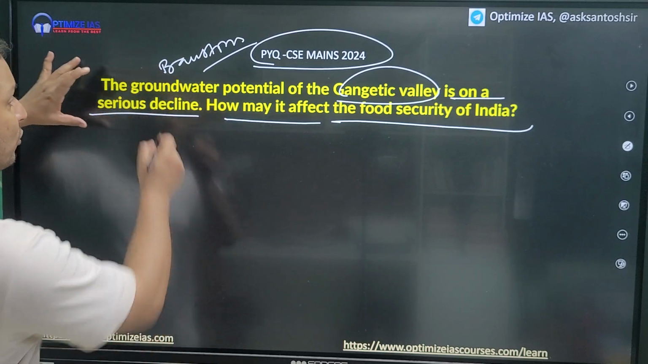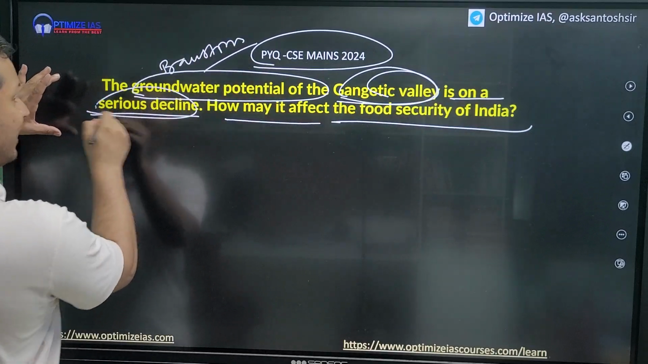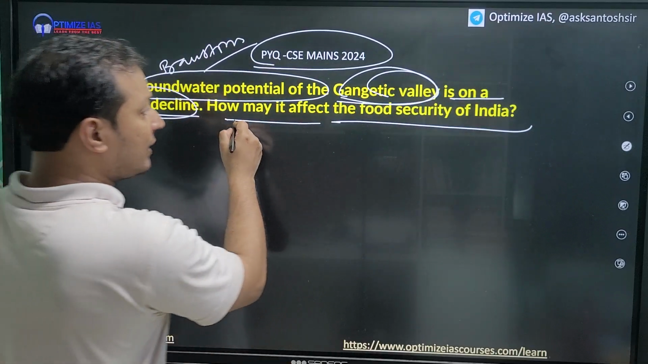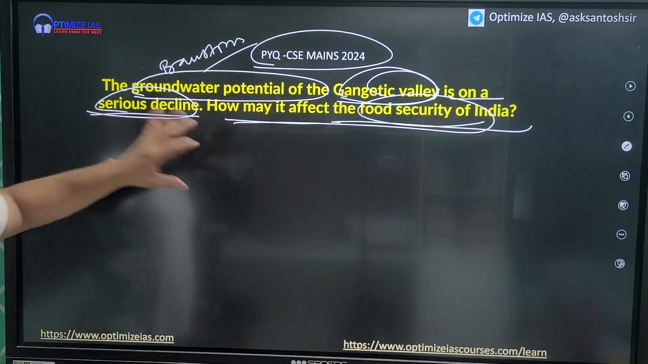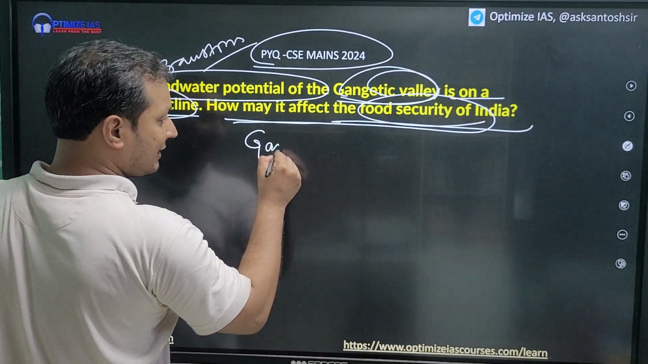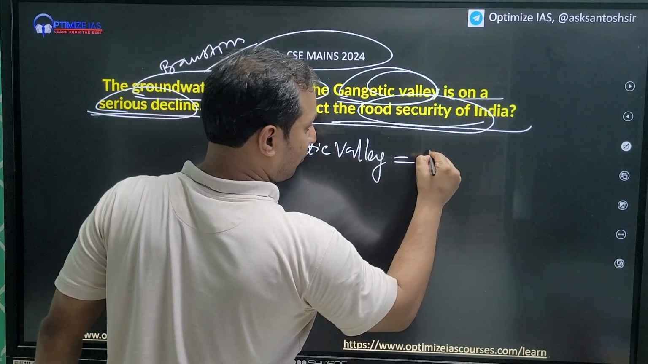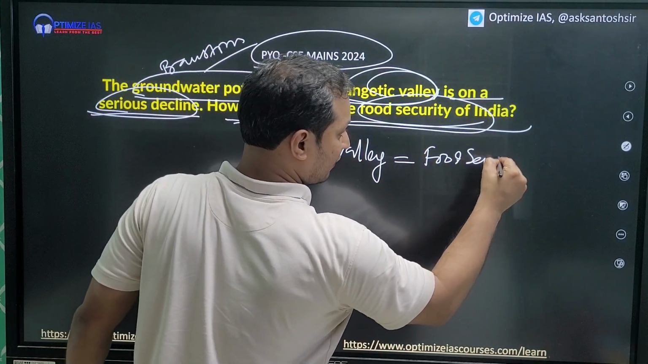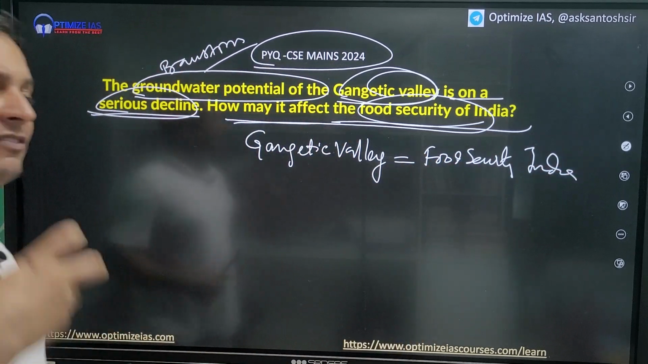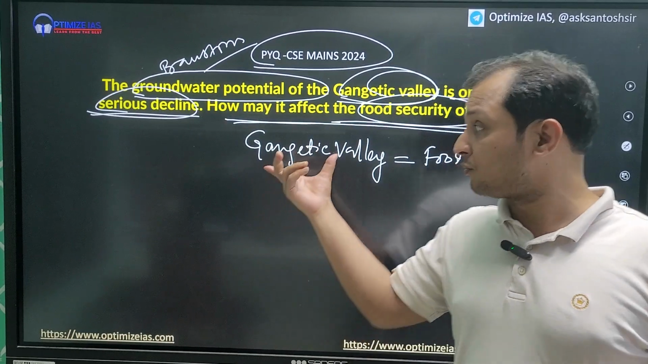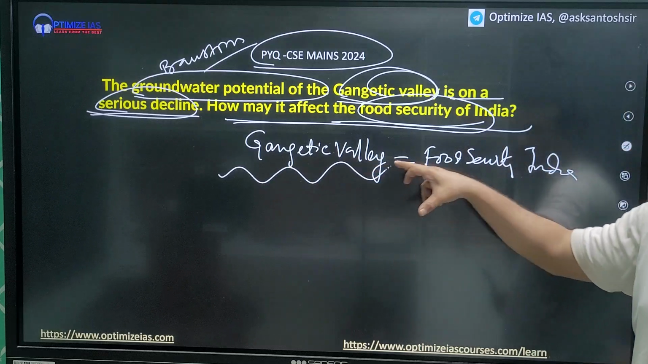The groundwater potential of Gangetic Valley is on serious decline. Second is how it may affect the food security of India. So first of all, what you need in this question, you need to first establish that Gangetic Valley is very important for the food security of India. You have to establish this, because without this, your answer will lack that punch. Many people will not do this. In the introduction itself, you have to at least, in one or two lines, establish this,